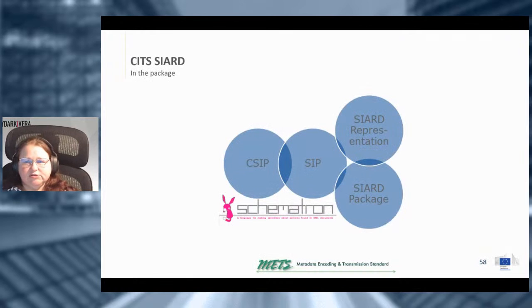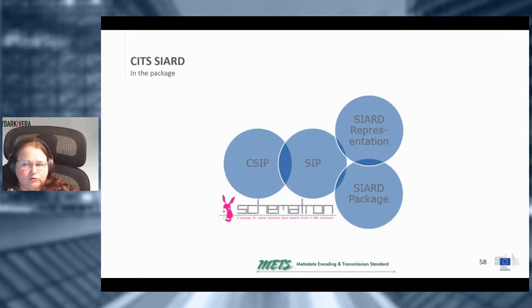Look into the connections with the CITS. So we have the standard, and then we want to put it into the package. Here's where the Content Information Type Specification for SIARD or preservation of relational databases comes in. We have the CSIP, which is extended by the CIP, which in its turn is extended by two profiles, SIARD for the package, because SIARD can be split up a little bit.